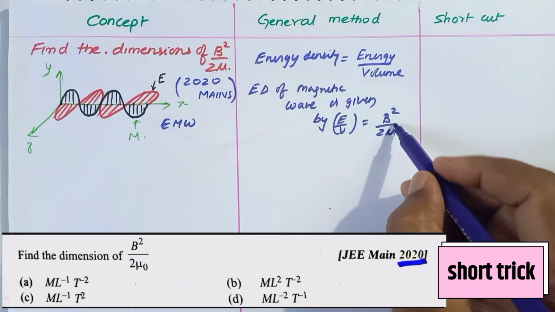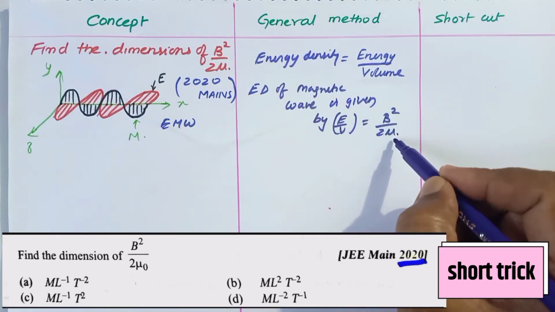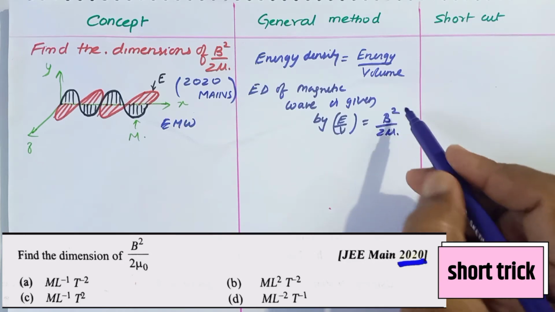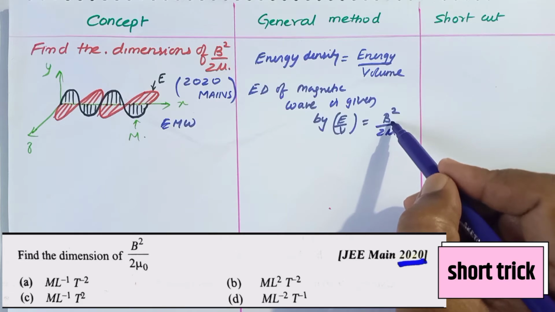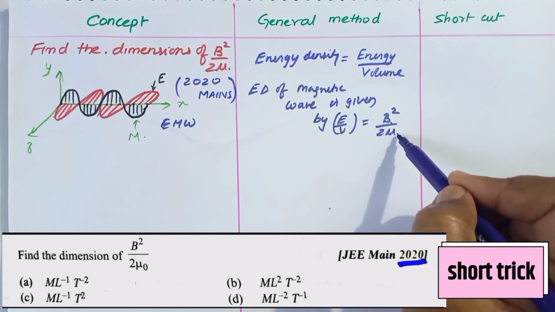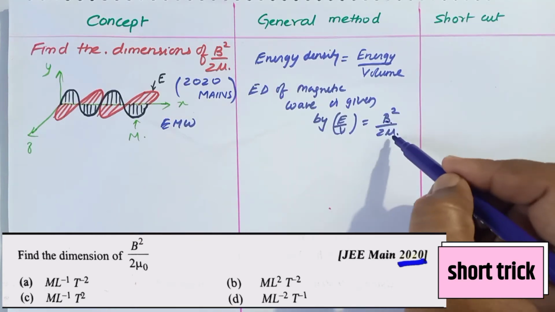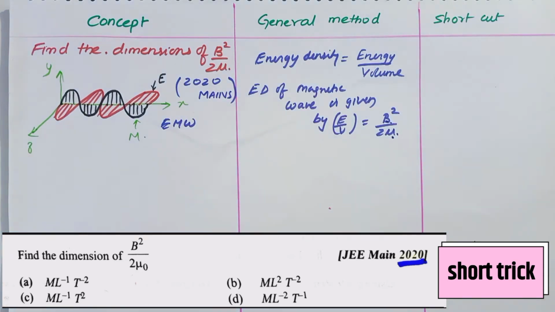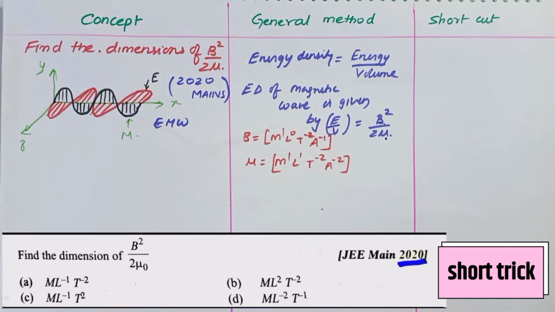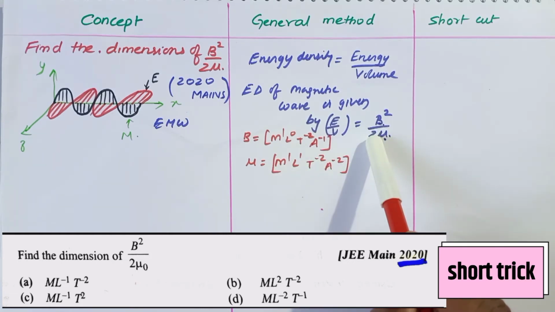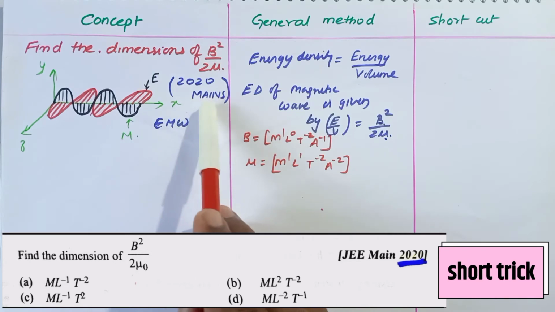Okay, so where B is called magnetic induction, and mu is called permeability, as in the magnetism chapter. This is going to be permeability. So it is very tough to find the magnetic induction formula and the formula for magnetic permeability separately. You have to find the formula of B and mu here. Okay, then what is the formula for B and mu? So here you have to write the formula for magnetic induction and the formula for magnetic permeability, and you make B square and divide with mu, because 2 doesn't have any dimensional formula. This was asked in previous year 2020 mains.